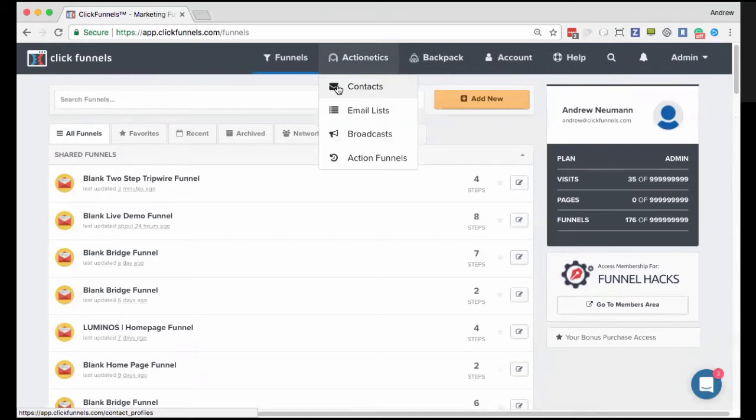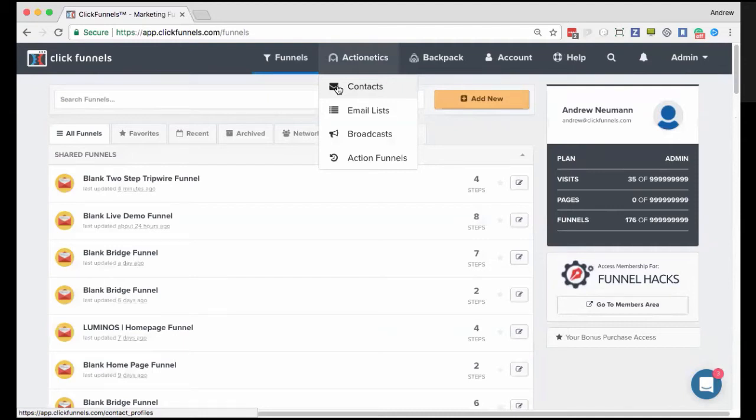Matt would like to know, can I have more than one Stripe account tied to my Clickfunnels account? It depends on the account level. So if you are a $97 Clickfunnels plan holder, you can have one. If you are the Edison Suite, you can have up to 3, as well as the Enterprise plan, which I believe the Enterprise plan allows 10.